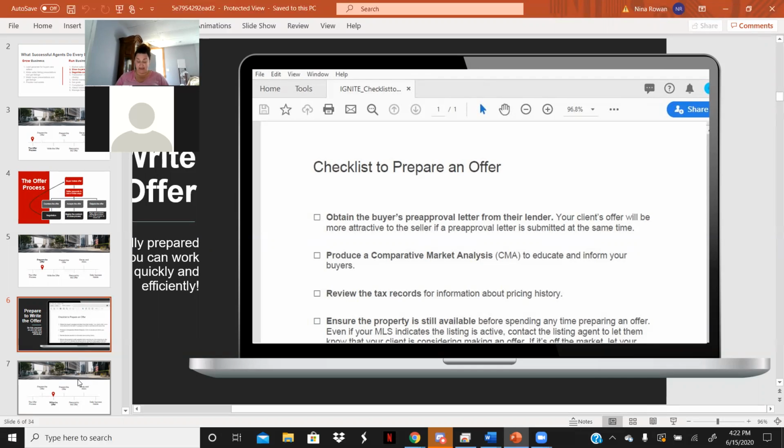Make sure that they have access to the tax information, right? Because that's going to help them know what their mortgage amount is. So some buyers, they're like, oh, well, I need to know what my mortgage is going to be before we